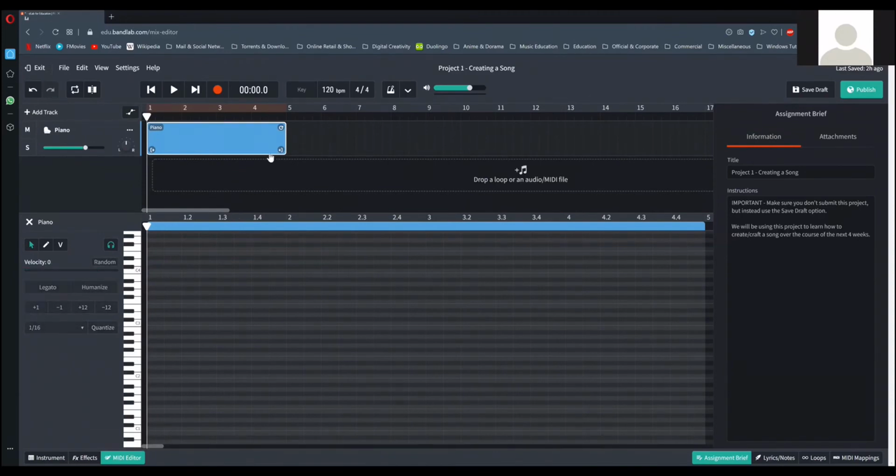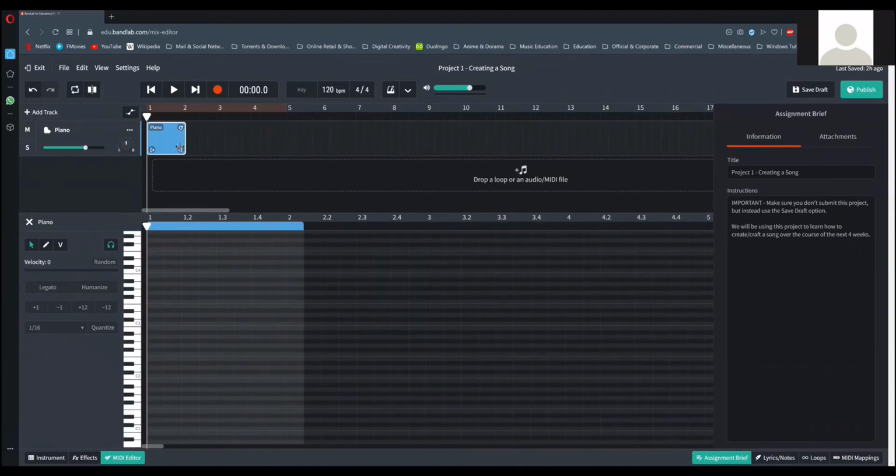So look at the grid. I want you to look at just the first bar. One second. Let me just resize this for you. So if you look at the grid, everything has been divided into quarters. That's 1.1, 1.2, 1.3, 1.4. Okay, I'm just going to draw it out for you to show you what it looks like. So I'm just going to resize this. This is 1.1. 1.2, 1.3, 1.4. So these are quarters, and these quarters have been subdivided into 8.